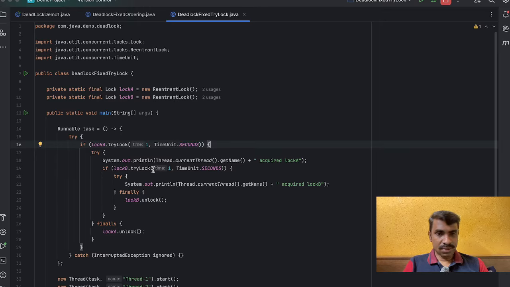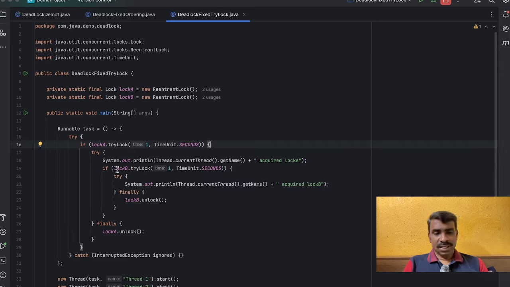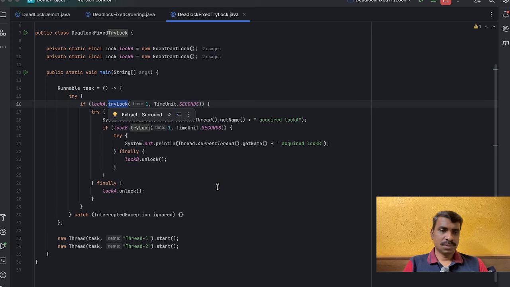Then it will try to acquire the second lock. 1 second is the time. If it can acquire in 1 second, it will again print lock B. So this is the use of tryLock in ReentrantLock, so that no thread lock will happen. Okay, these are the two